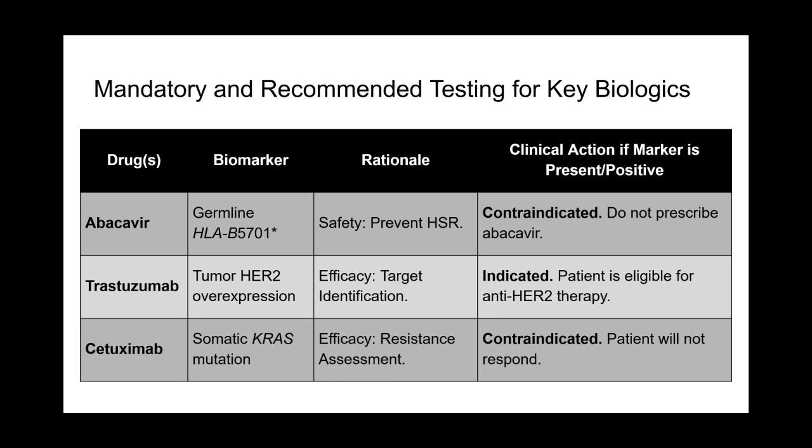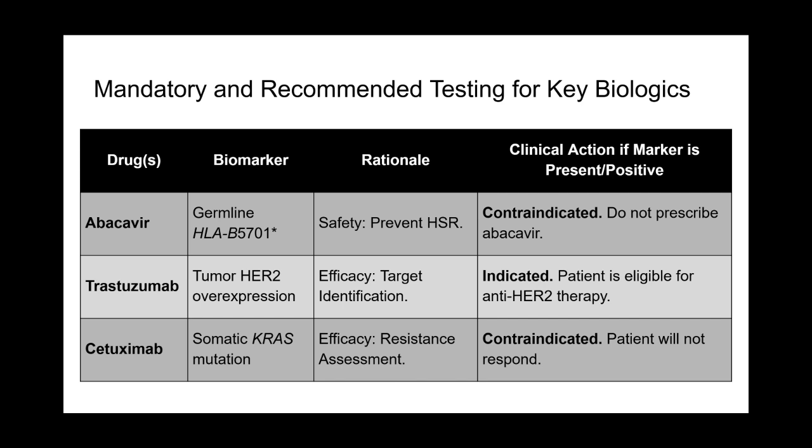Trastuzumab works only in these HER2-positive tumors, as it needs the presence of its target to be effective. Therefore, testing for HER2 status is mandatory before starting therapy. This is usually done with immunohistochemistry, IHC, to evaluate protein overexpression or fluorescence in situ hybridization, FISH, to assess gene amplification. Only patients with tumors confirmed to be HER2 positive are eligible for and will benefit from trastuzumab and other